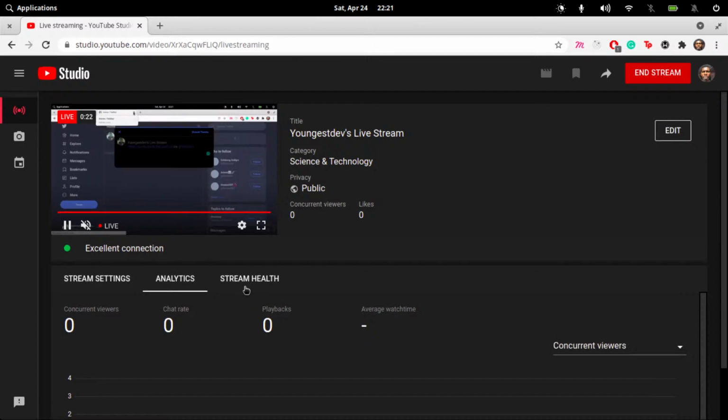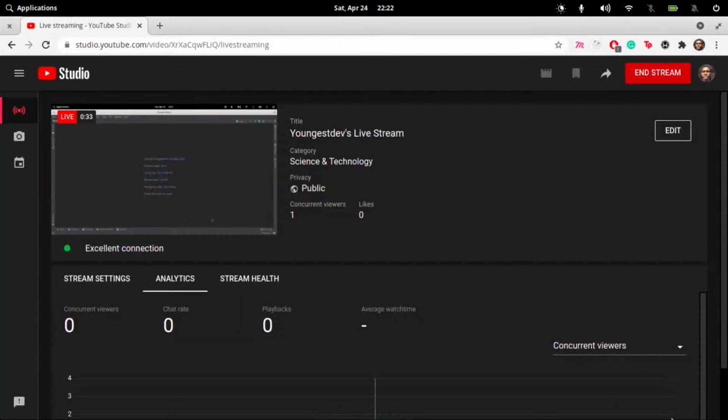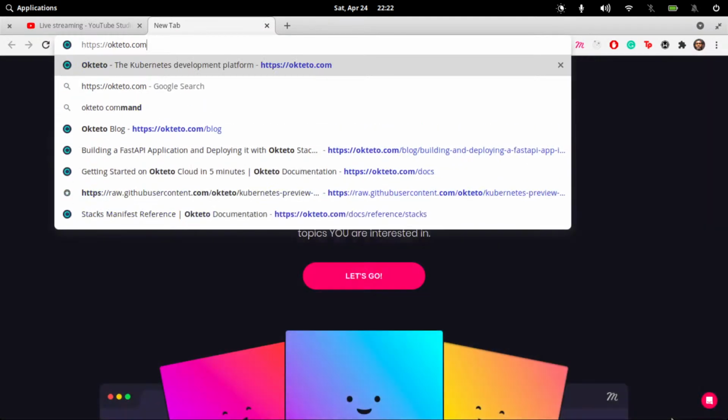So I want to just show how to build a very simple FastAPI application using Okteto and deploying to Okteto using CLI. First things first, we need to make sure you have an Okteto account. I do have one already, right? So you can create one here